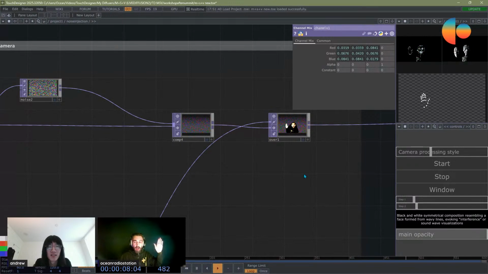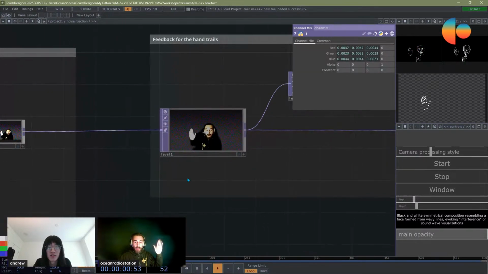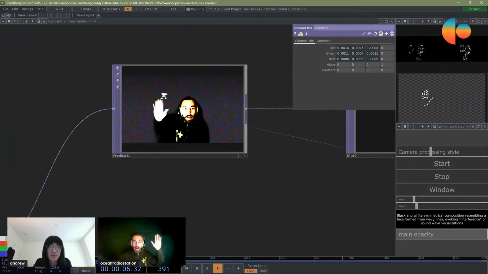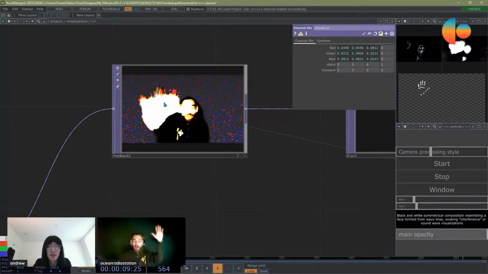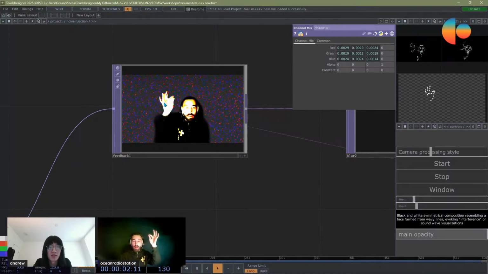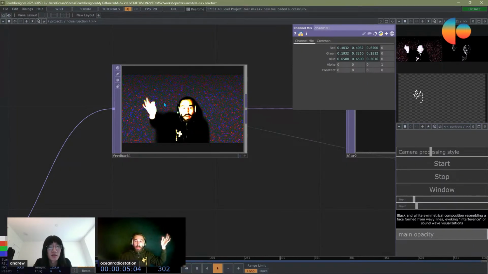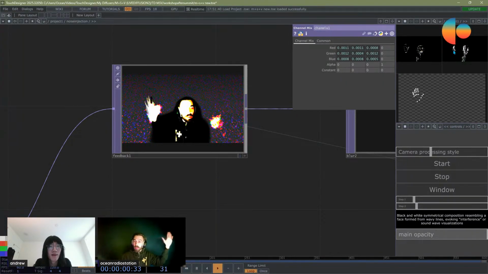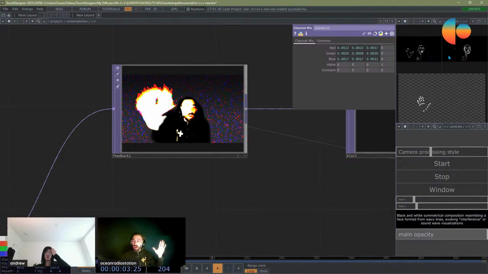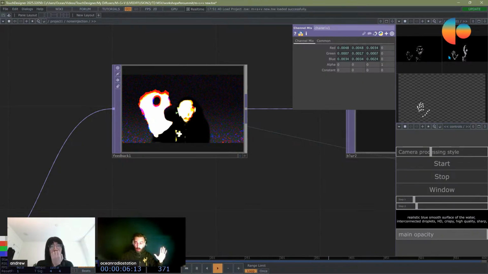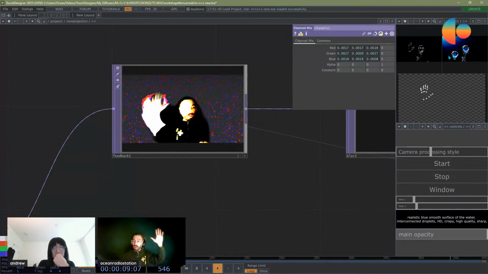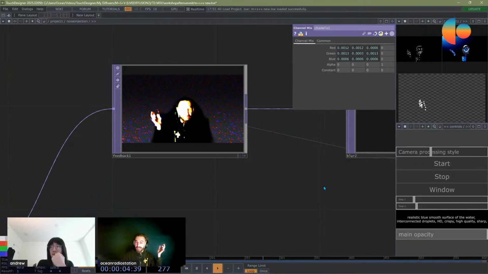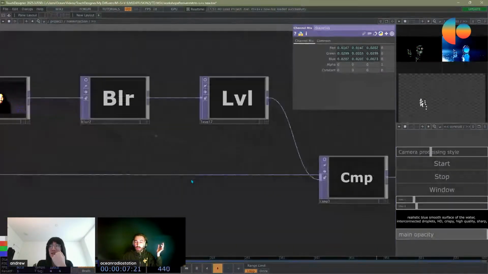Yeah. And then it's combined, and there's a level to make it balanced, and then there is a feedback, and I can reset it with a pinch. Then it gives some additional input for the stream, and there's a feedback loop.